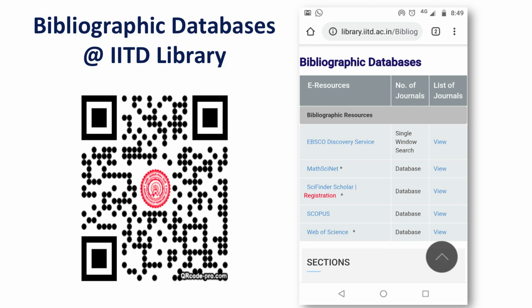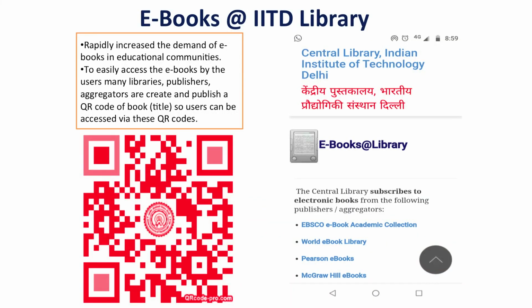The moment you scan it, the bibliographical databases provided by the IIT library automatically and easily come to your mobile.